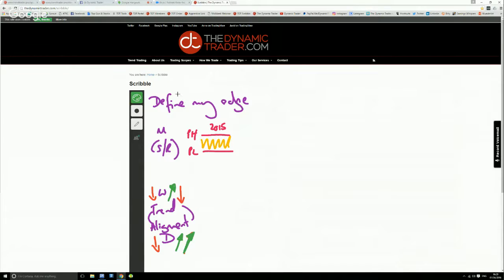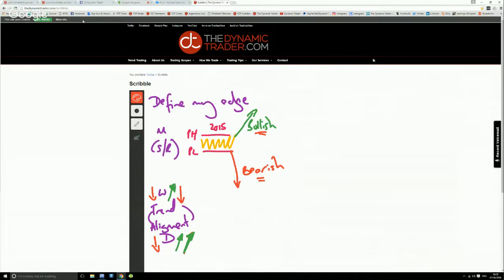If the market then comes back and breaks to the upside, price now has a bullish bias. And the other way around, price has a bearish bias. So this is the first point that I'm looking for, the first way I start building my edge: looking at where current price action is in relation to the high and the low of the previous calendar year. Once we start breaking out of these pink lines, this is where we have a bullish edge, and this is where we have a bearish edge.